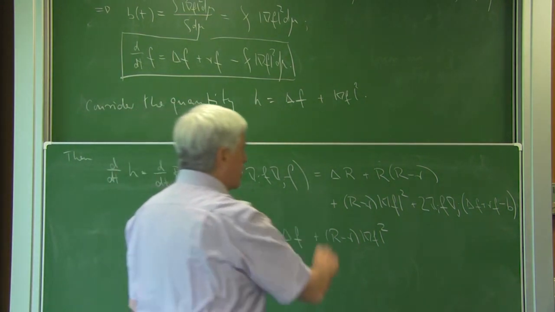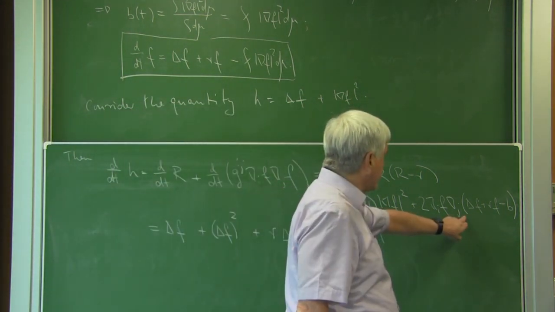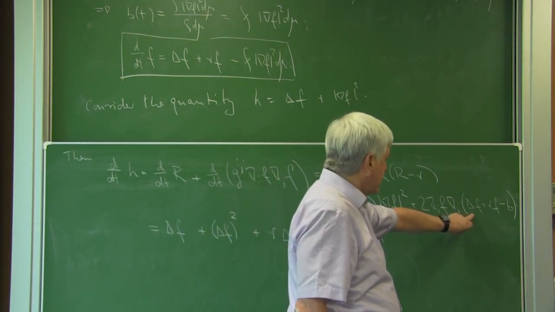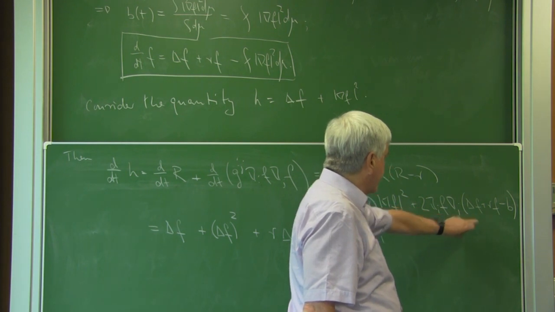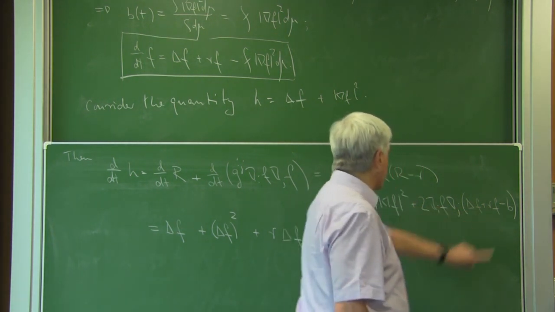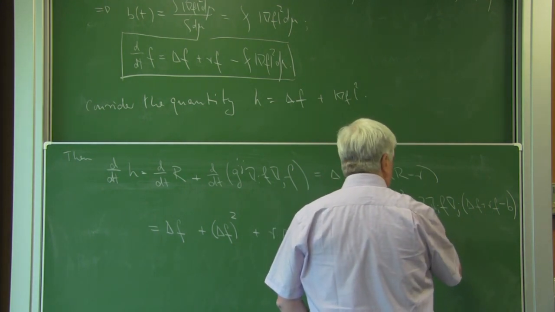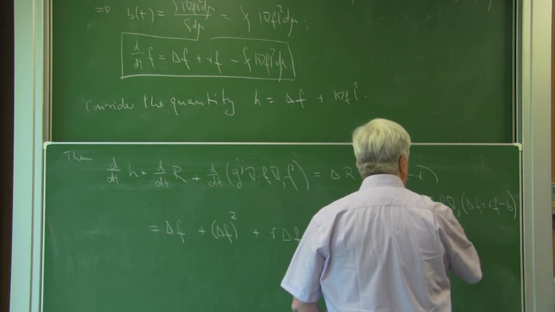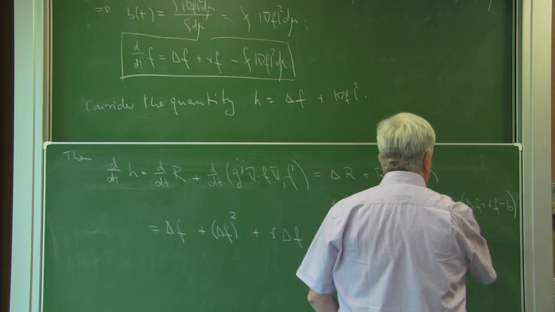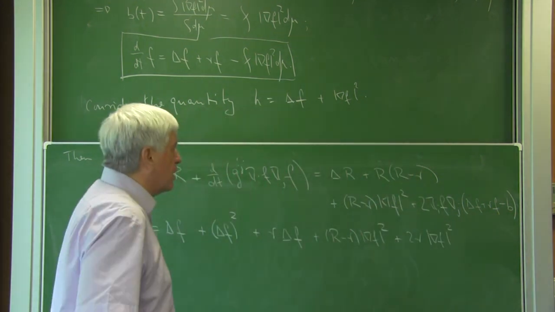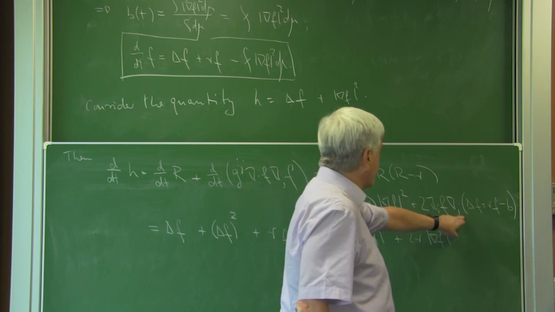And in this last term here, first of all, there is plus 2 little r times the gradient of f squared. The b term goes away because it's a constant. And then we get from here,